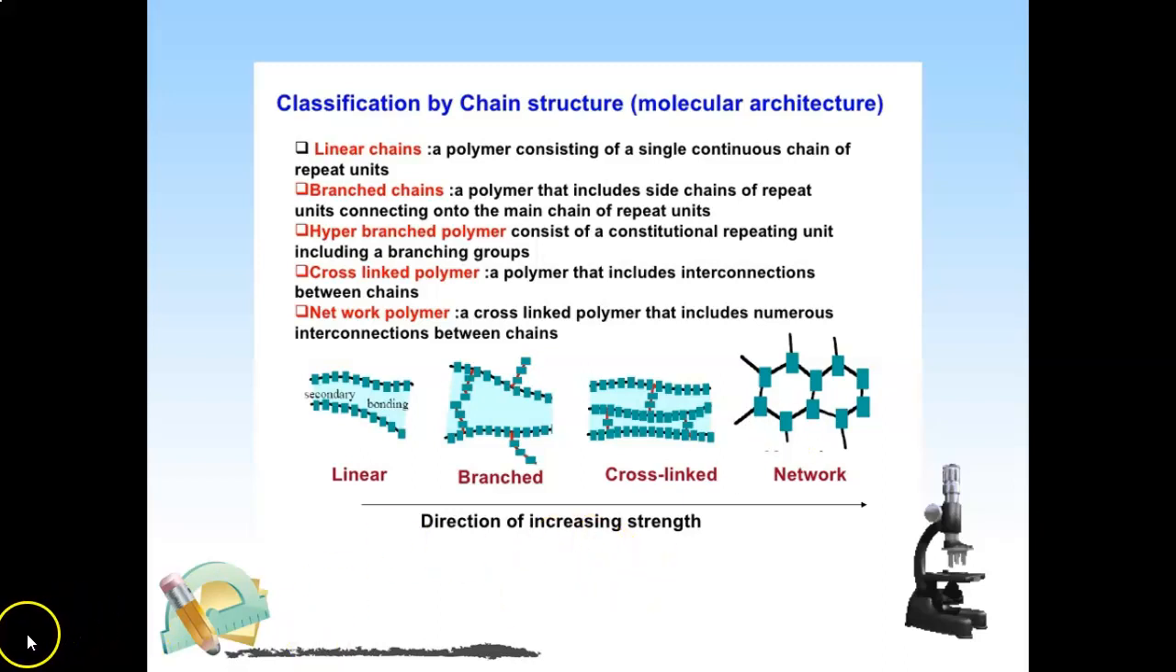So the hyperbranch polymer consists of a constitution of repeating units, including a branch